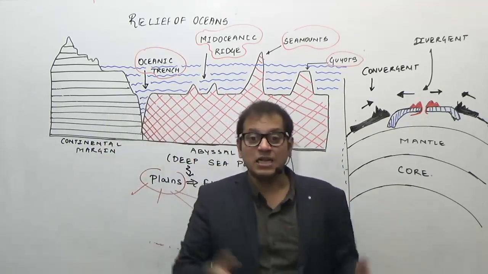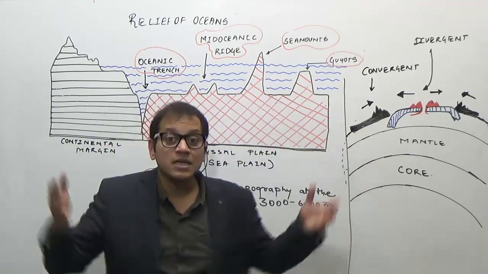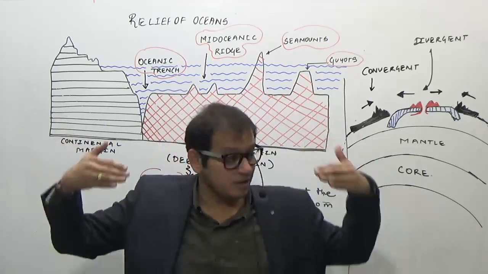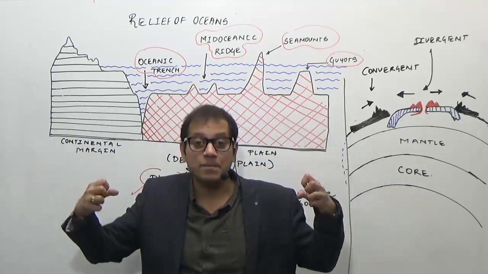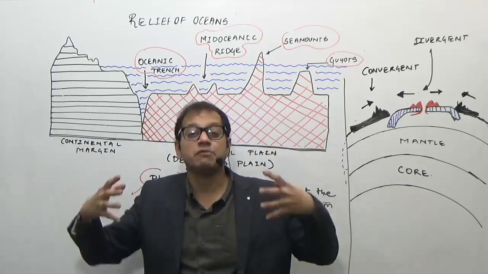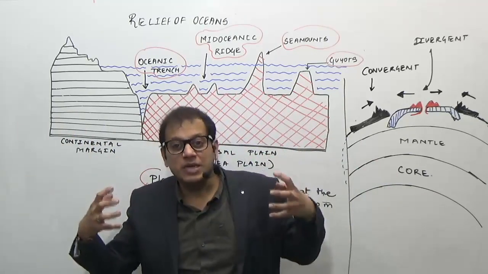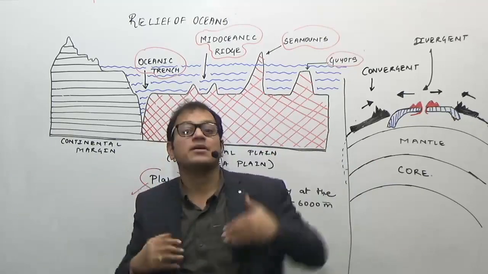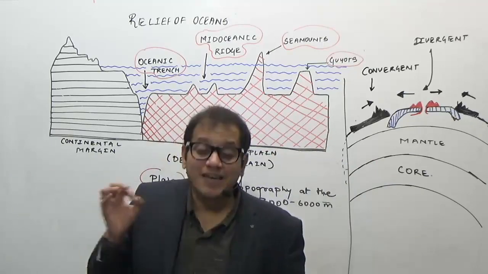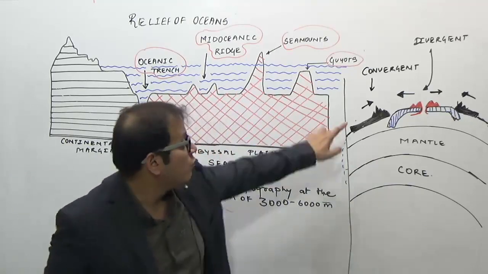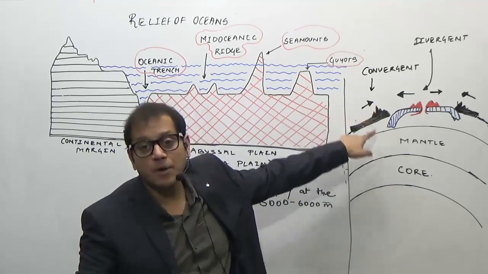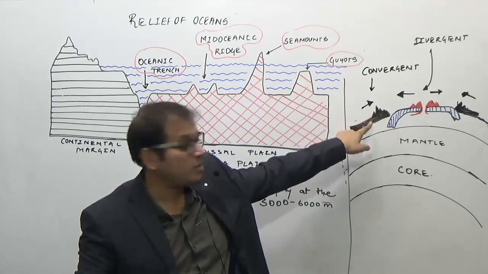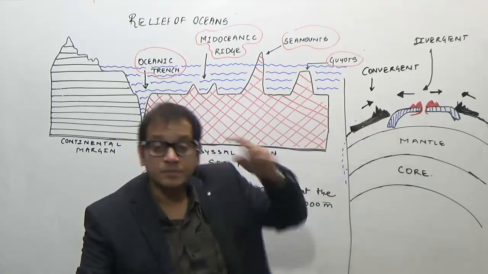both the plates, the weaker parts of both the plates, the marginal parts or the parts which collide, they get compressed, they get folded, they get wrinkled, they get, you can say, destroyed, or in geographical terms we say they get folded to form the fold mountains of the world. So you can see that I have shown mountains here. They form the fold mountains of the world in the black color.